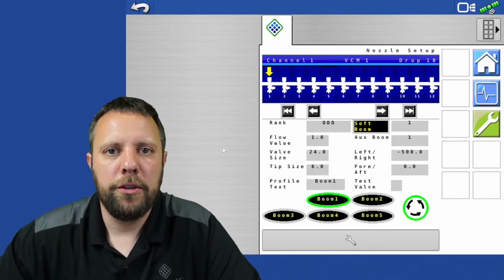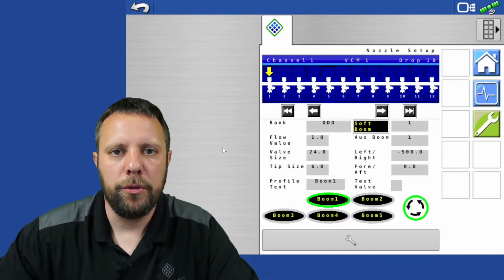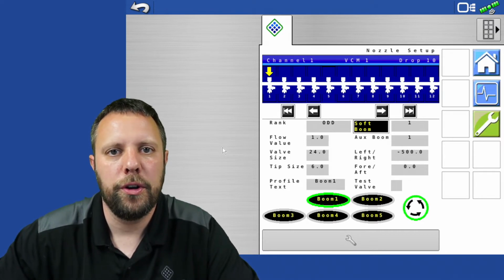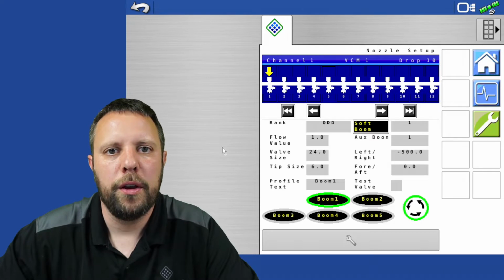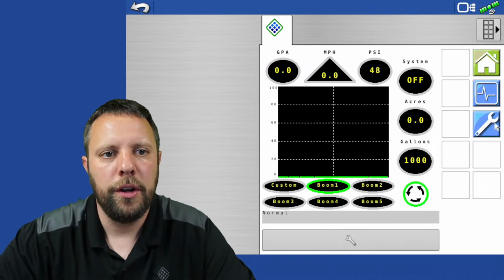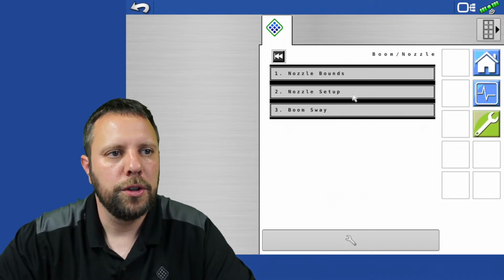Another option for managing fence row nozzles, if you don't have an external switch box and you don't want to use the virtual on-screen switches, is to use a profile build to manage the fence row nozzles. So in order to do this, if we were on the home screen, again, we would go into